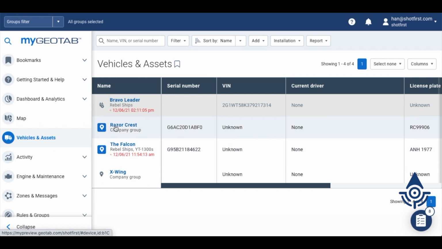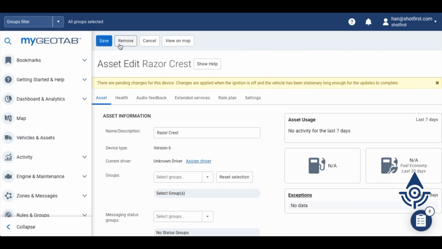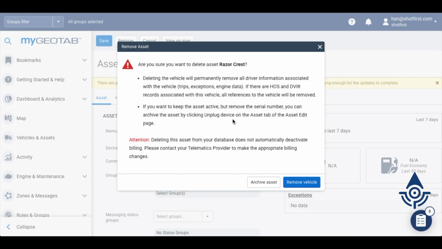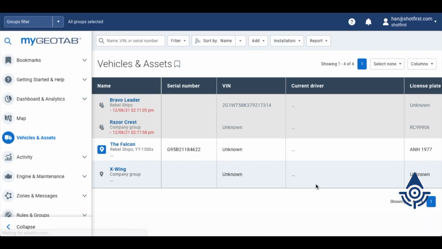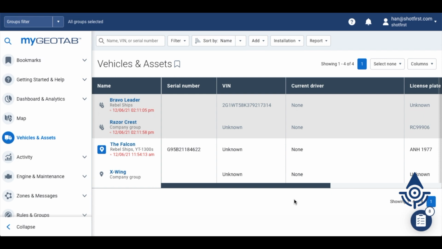If you do not want to keep the data associated with an asset that you're no longer tracking, the next management option is to click the vehicle you'd like to remove, click Remove, and choose the Remove Vehicle button. This will completely remove the asset from your database, and all data associated with it will no longer be able